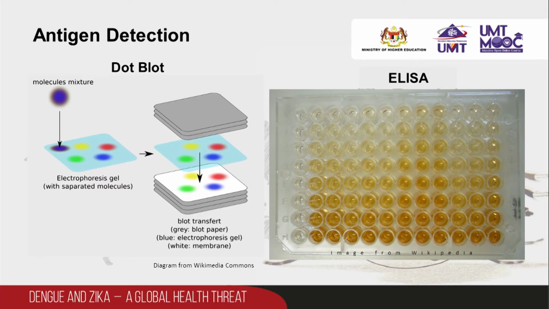On the other hand, a dot blot is a technique in molecular biology used to detect biomolecules, and for detecting, analyzing and identifying dengue and Zika proteins. In a dot blot, a mixture containing the viral antigen to be detected is applied directly on the membrane as a dot, and then is spotted through circular templates directly onto the membrane. This is then followed by detection by either nucleotide probes or antibodies specific against dengue and Zika.